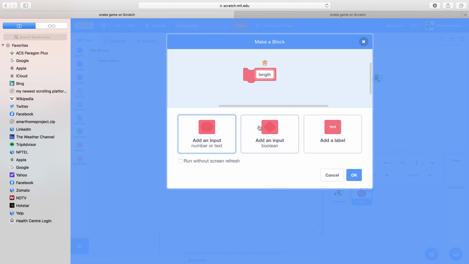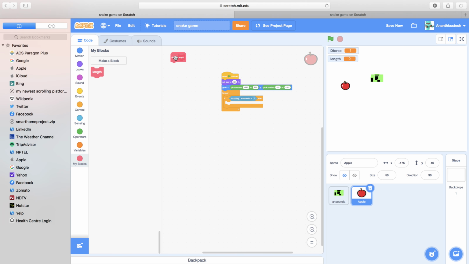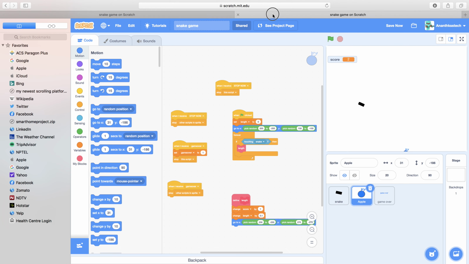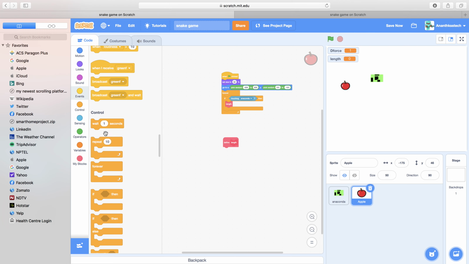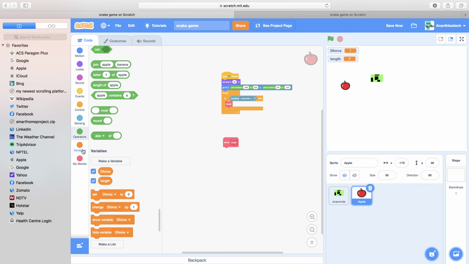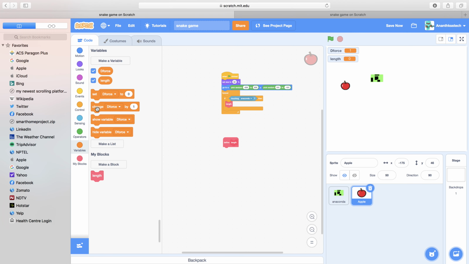Do not add any of these, and say OK. Drag the length script to the bottom of the editor. Put the length block inside the if touching anaconda block. And here we are going to say change length. So now we go to the variable section and say change length by 1.